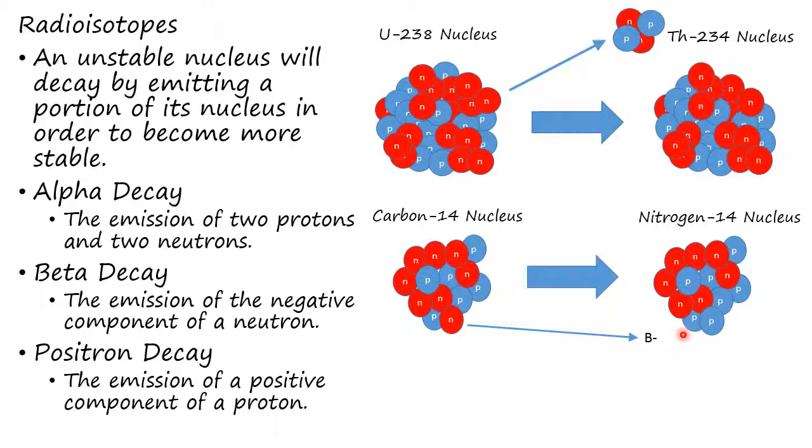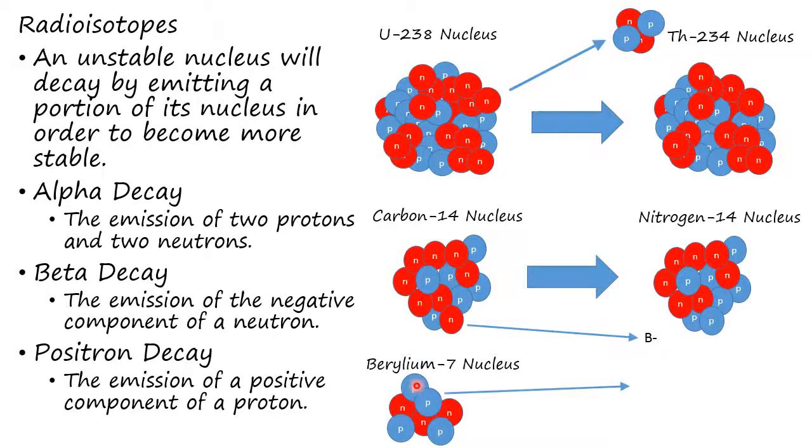And the last type of decay we are going to discuss today is positron decay, which is the emission of a positive component of a proton. So if we look at an example like beryllium-7, again, we have an uneven proton to neutron ratio. We have 3 neutrons and 4 protons. And so this nucleus is unstable. So it's considered a radioisotope,